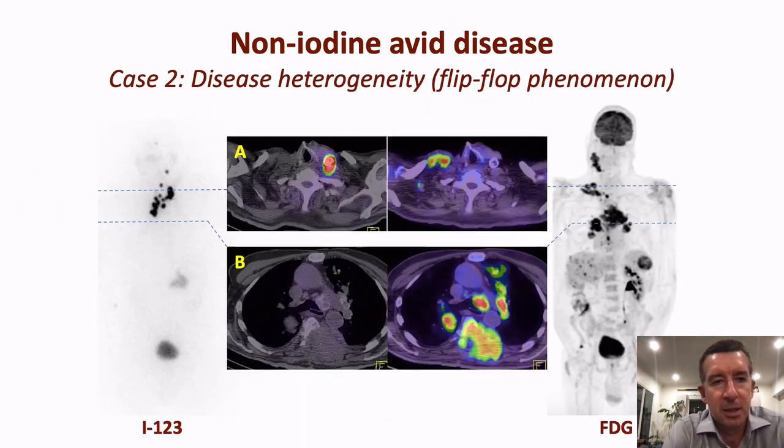This is a case of disease heterogeneity, or what you'd be familiar with as the flip-flop phenomenon, where there is just complete discordance between that disease. You can see this supraclavicular node, which is intensely iodine avid, but with absolutely no FDG uptake, and the converse is seen on the left-hand side. And down when we look through the thorax, you can see this very intensely FDG avid invasive disease extending into the spinal canal with absolutely no iodine uptake, and in this case clearly radioactive iodine treatment is futile, and